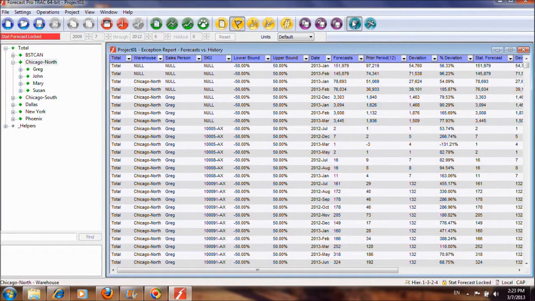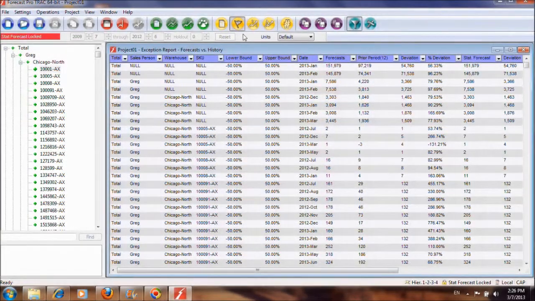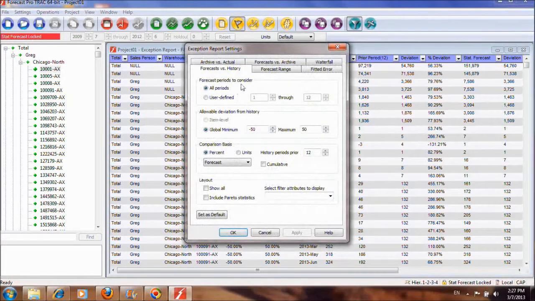For example, only show me a report that shows my items where I was off by 50% or more last month. Forecast Pro has 6 different exception reports available. We can do things like compare our current forecasts to our historical data, compare our current forecasts to forecasts we've created in the past. We can flag things outside of a certain range. And of course, we can also compare forecasts we created in the past to actuals as they've come in,